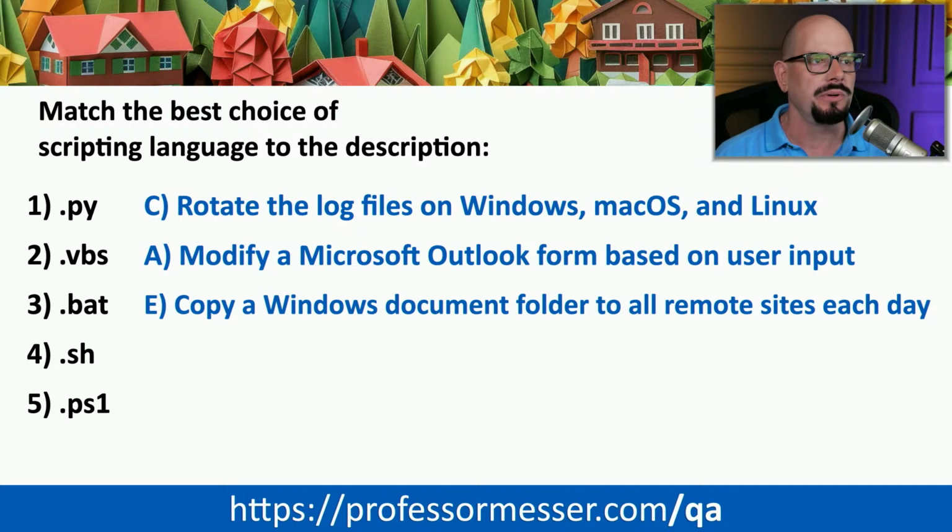So anything at the Windows command prompt, you would like to have some way to automate that is very generic to the command prompt. Copying a Windows document folder to a remote site every day would be a great task to automate. Fire up a batch prompt and just copy some files, because copying files is a lot of what we do at a normal Windows command prompt. A batch file simply allows us to automate that.